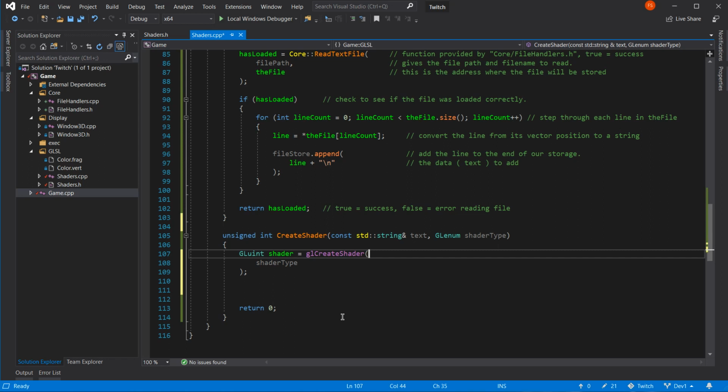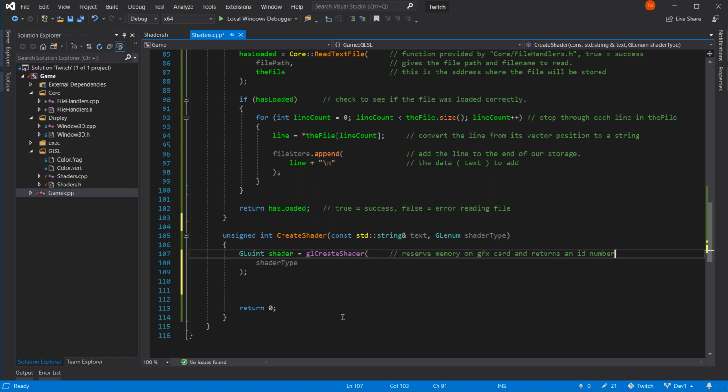So, reserve memory on GFX card and returns an ID number.